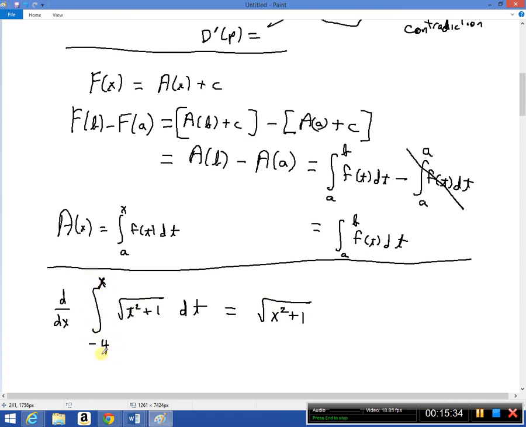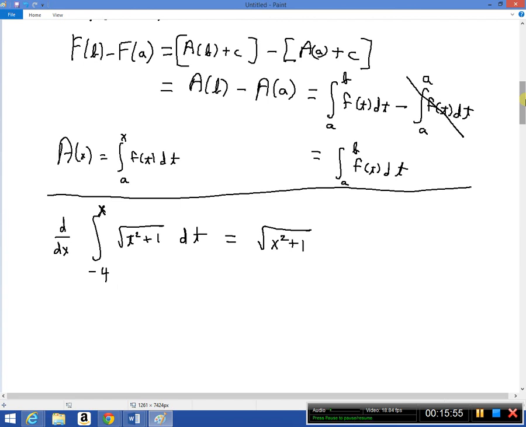Does it matter that it was -4? Absolutely not. The change in the area depends only on the last value, the x that's here. It does not matter where you started. So the answer to this is square root of x squared plus 1. Okay,